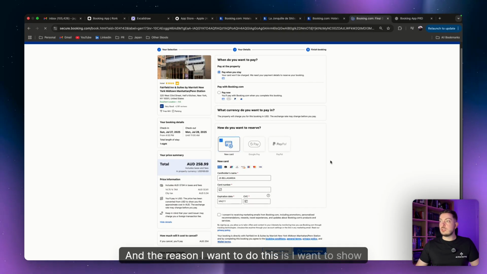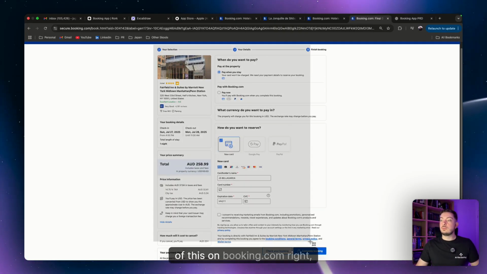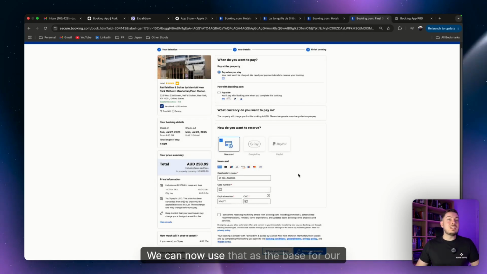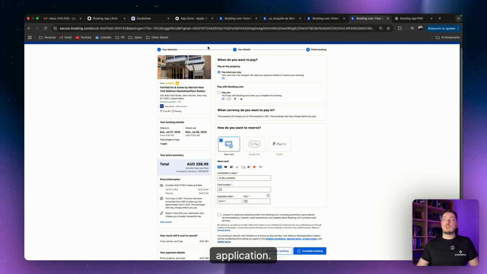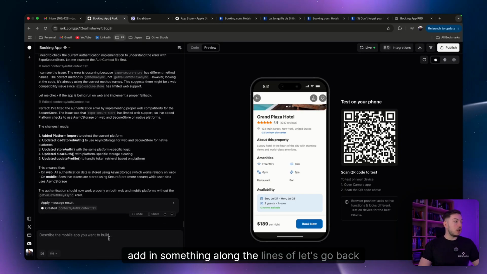And the reason I want to do this is I want to show you, if you go ahead and then take a screenshot of this on booking.com, right? We grab something like that. We can now use that as the base for our application, right? So we're going to come back to Rork and we're going to actually add in something along the lines of,